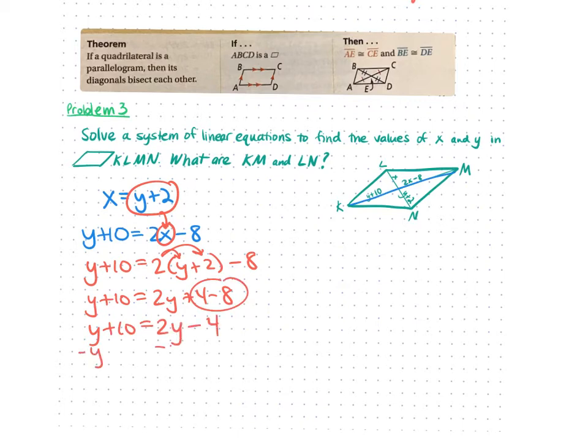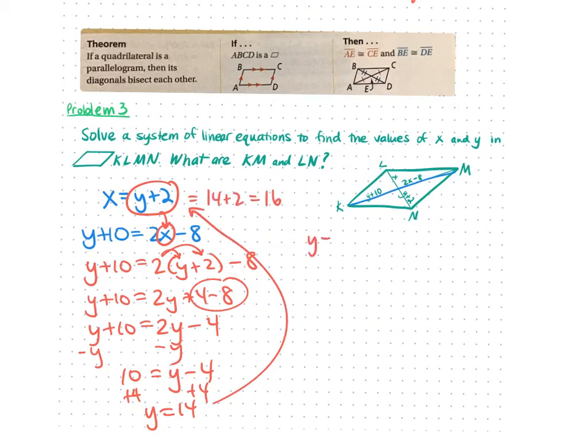Then we can subtract y from both sides and get y minus 4 equals 10. Then we can add 4 and we get y equals 14. Okay, and then that means that if we plug this 14 back in, x is 16. So y equals 14, x equals 16, and then KM